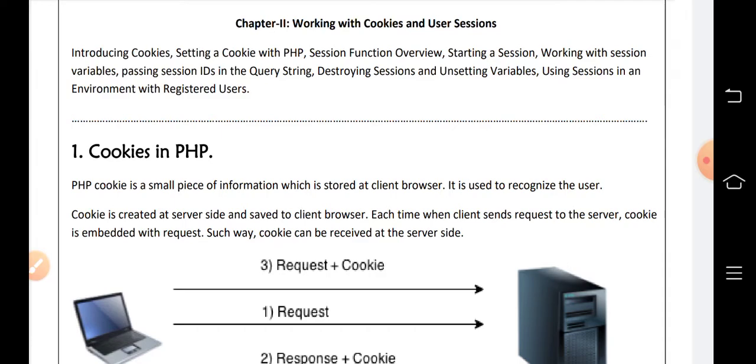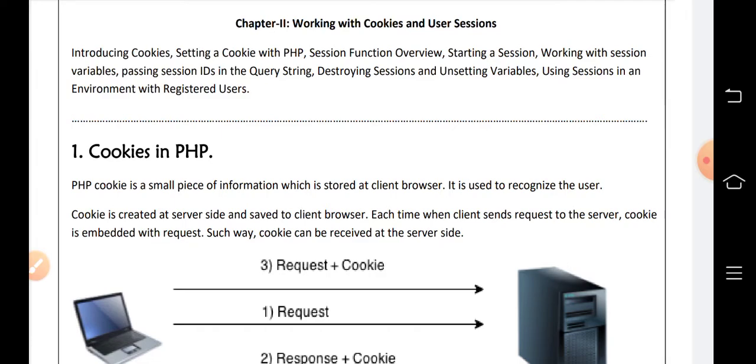server. Like when we are accessing Google, we have a Google server. Our data is going to be stored as a cookie in our system, not at the server side. But when we reuse that same website, it easily identifies our identity by using these cookies.